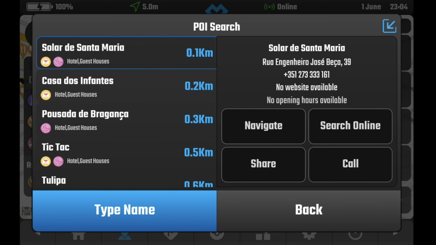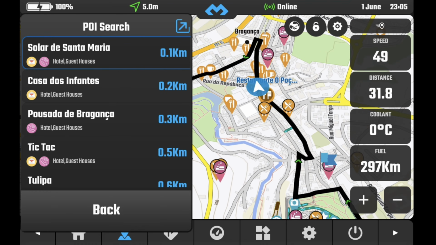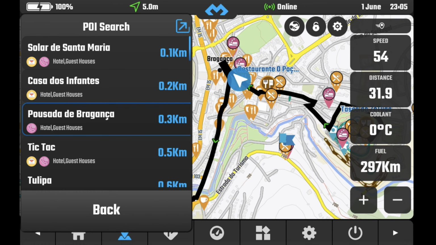And I'm not sure if by now you understood how these types of dialogues work, but if you notice on the top right corner, you have this minimize button, which is really useful when you want to check these listings. If you click on it, then the dialog will only take half screen space, and now you can click on the entries and it will try to adjust the zoom so that both the point of interest and your location